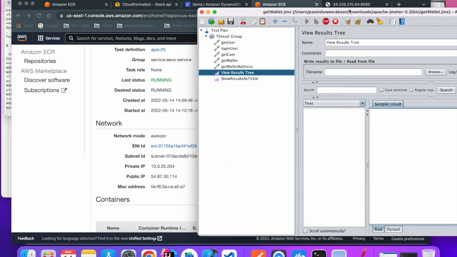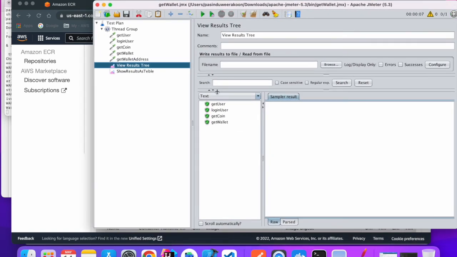Let me check. Yeah, all these services are working right now. So wallet address, and you can see that the